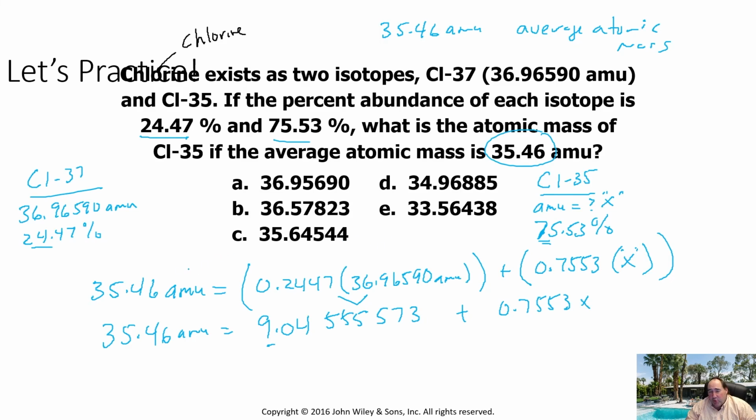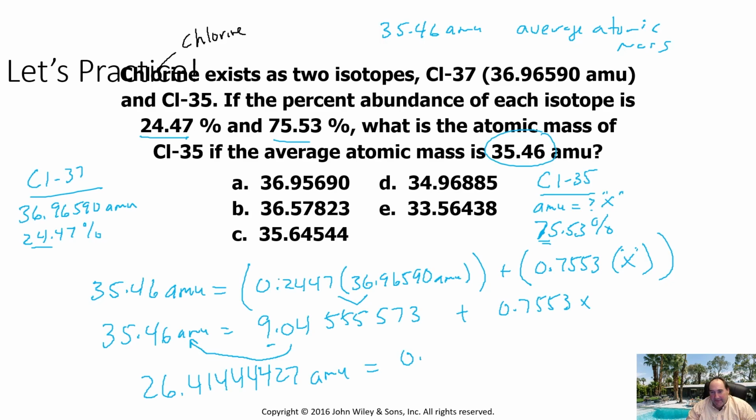I'm going to subtract this to the other side, so that will give me 35.46 minus the answer. That's essentially going to give me 26.41444 AMU